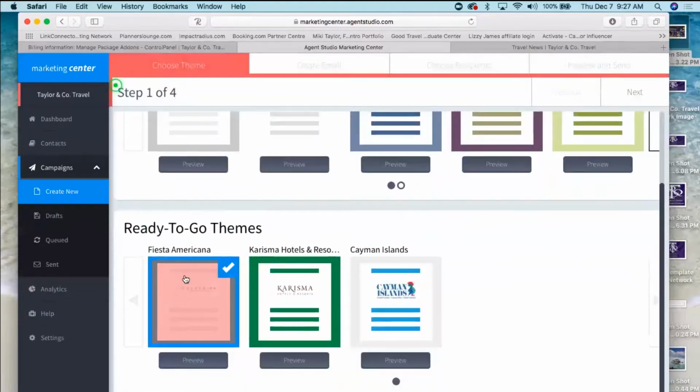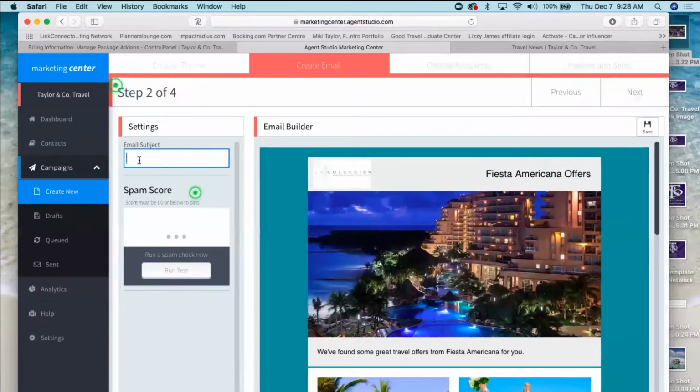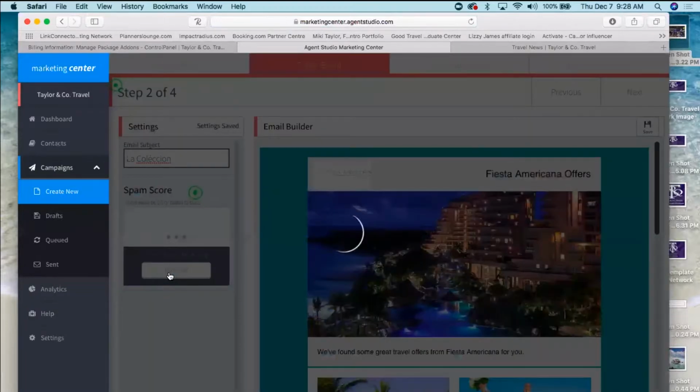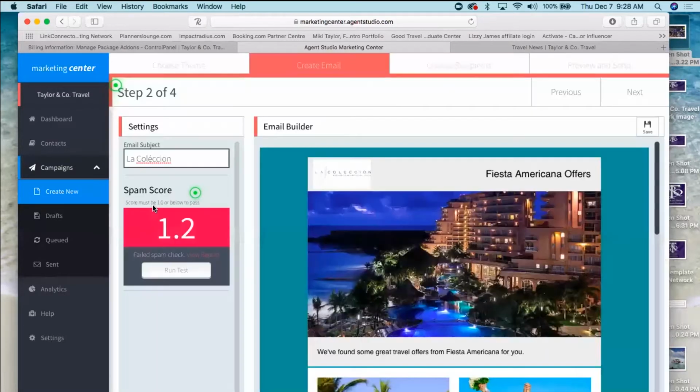Okay, if I click on the Fiesta Americana and click next, now if I want to put in some punctuation above the letters and run the test. Your spam score has to be below a 1 or it will not pass, and this one wasn't. And the reason why it didn't is because of the punctuation